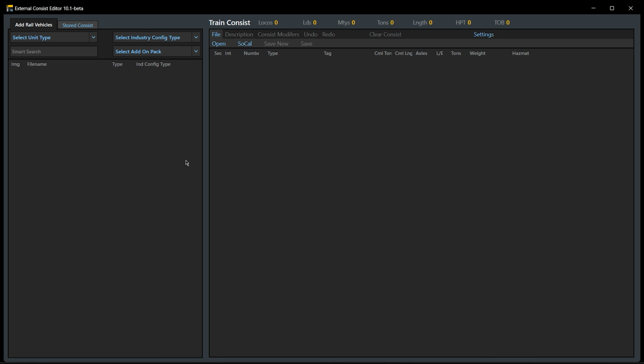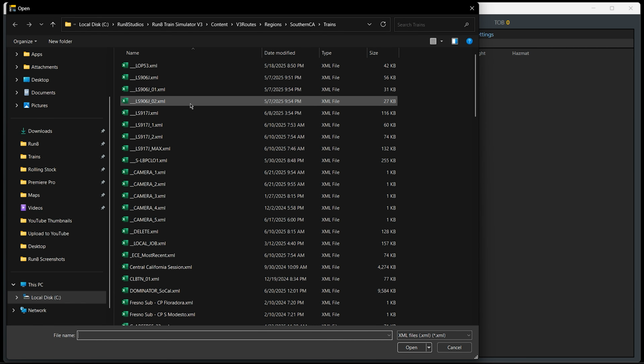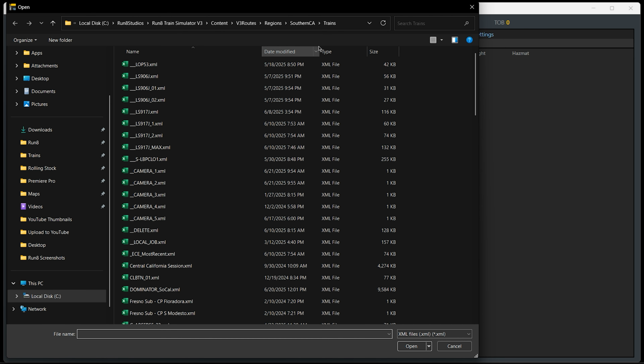So as you can see here, you've got a tab here for stored consist, and I can go load, and now it opens. It doesn't save it to a separate folder that was in a different location. It now opens up your trains, saved trains folder, which is really nice. And I can select here the